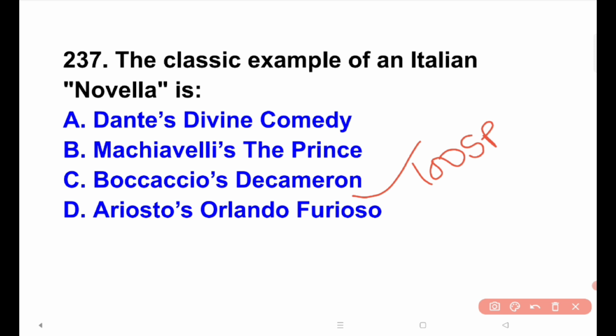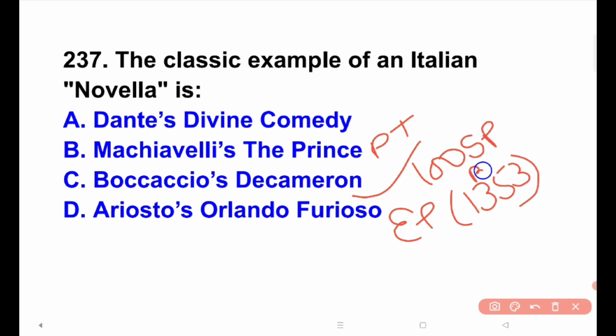Dante's Divine Comedy is an epic poem, not a novella. Machiavelli's The Prince is a political treatise. And Ariosto's Orlando Furioso is an epic poem. Boccaccio's Decameron, 1353, a foundational text for Renaissance prose fiction. Next,